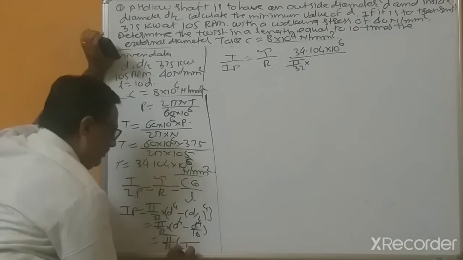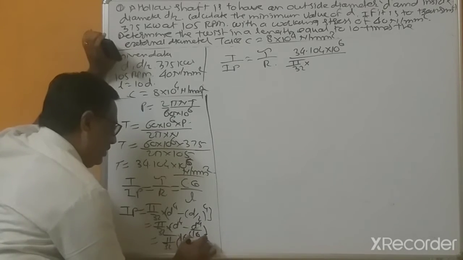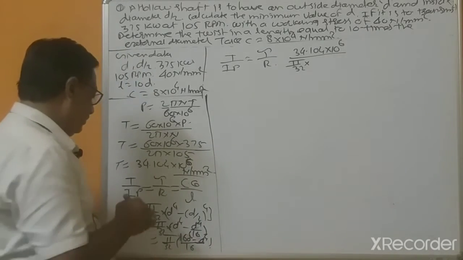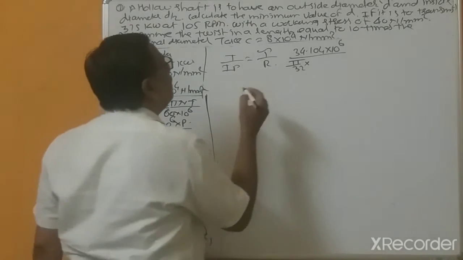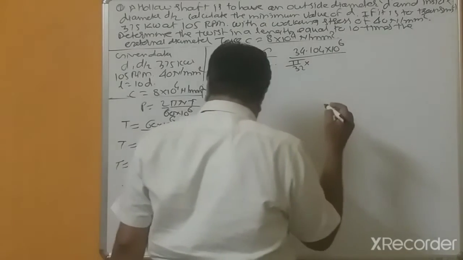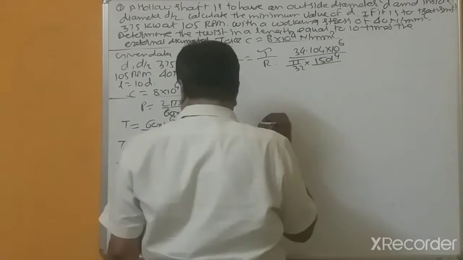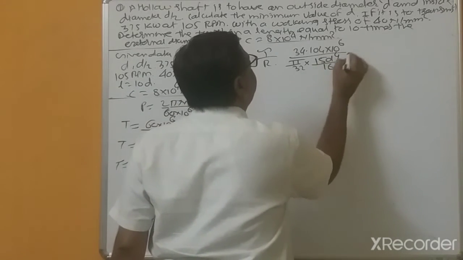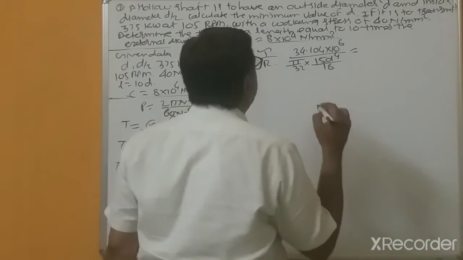By taking LCM, 16 d raised to 4 minus d raised to 4. So that's why the d will get cancelled, pi by 32, this is 15 d raised to 4 divided by 16, equal to tau equal to 40,